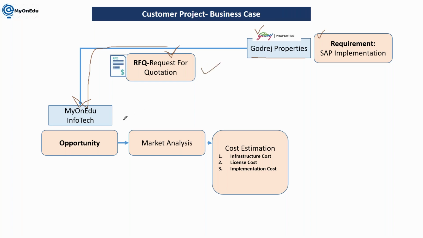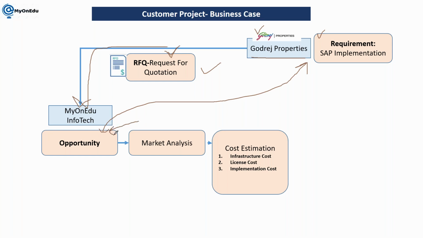Okay, what product exactly you are going to deliver to your customer, what the timelines are, what items exactly you need to deliver, and details of whom to contact for more details. So all this information you need to maintain here in the opportunity, and based on this opportunity you will assign one team to